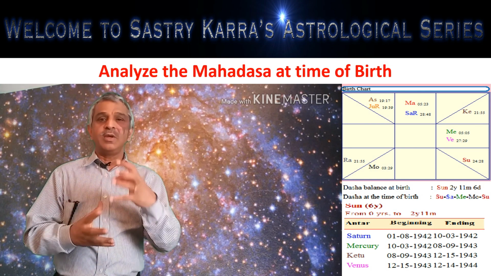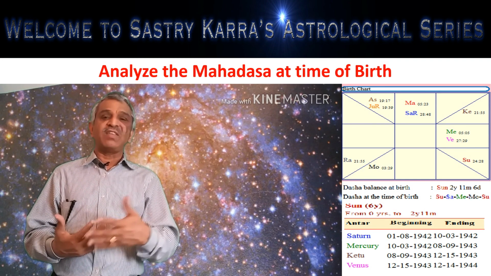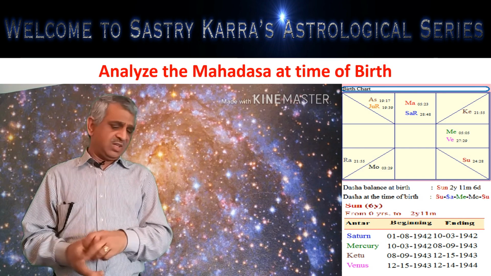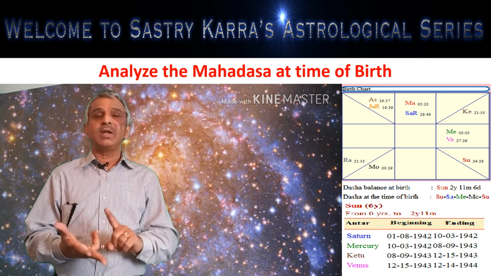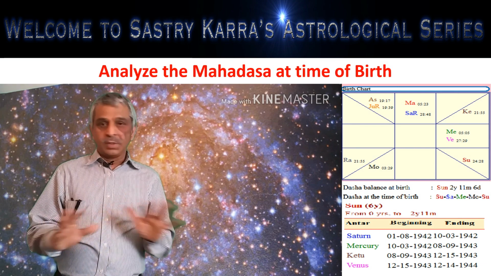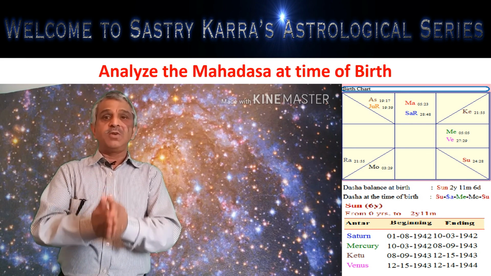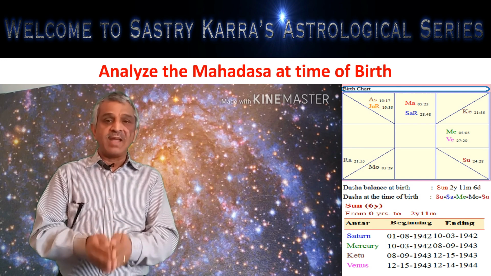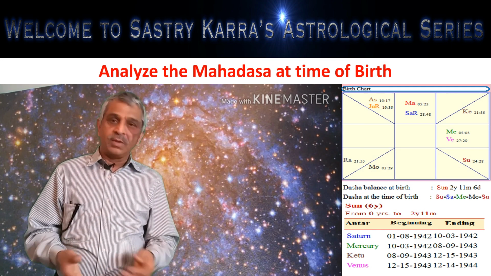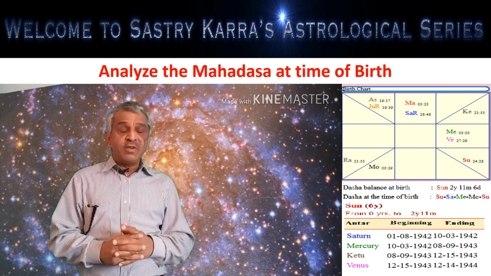The exact date of birth is January 8th, 1942. When I look at the Vimsottari Dasa, what you can see is Sun Mahadasa, Saturn Antardasa, Mercury Antardasa, and Mars Sukshma Antardasa. Saturn is in the 12th house owned by Mars, and Mars is also residing there, so the 12th house is fully afflicted. The 12th house signifies hospitalizations. So this tells you that the native will be hospitalized very frequently, or will go to a place of cure, like a doctor's office or a hospital, very frequently, because at the time of birth